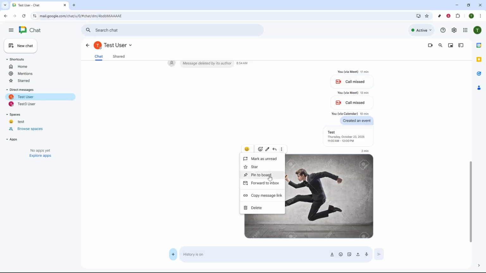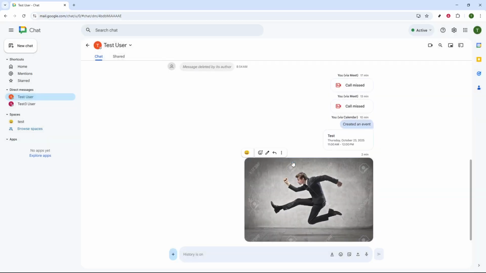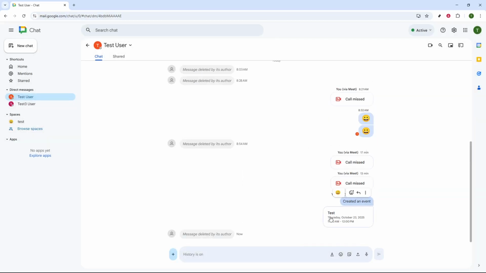Clicking this will not instantly delete the photo, as Google Chat will prompt you for a confirmation, ensuring this action is what you truly intend to do. A confirmation pop-up will appear, asking if you indeed want to delete this photo message permanently. This is an important safeguard, preventing accidental deletions during your digital housekeeping. If you're absolutely certain about removing the photo from your chat history, go ahead and click Delete within this confirmation prompt. And that's it. You've successfully deleted the photo message from your Google Chat, ensuring it's no longer part of